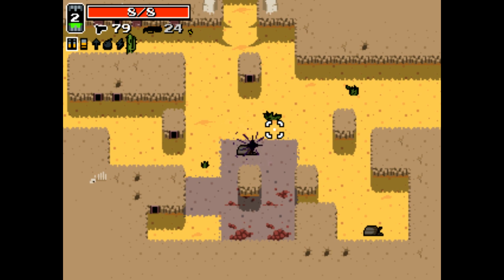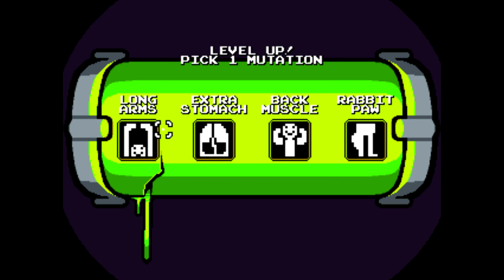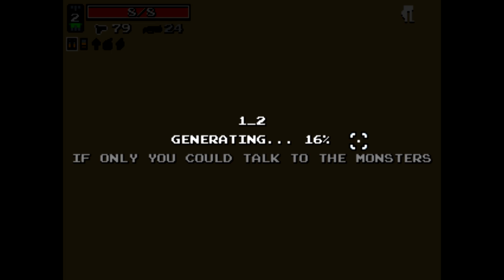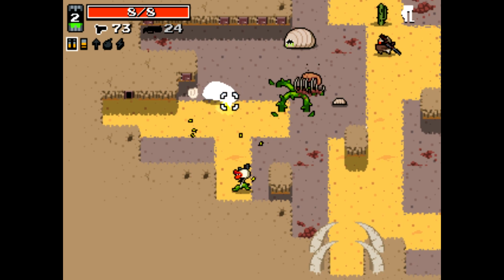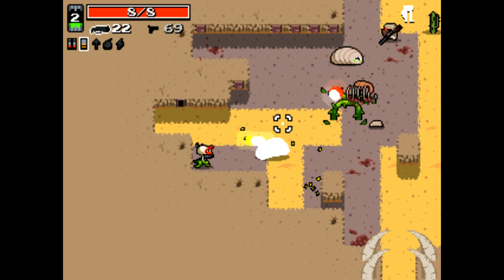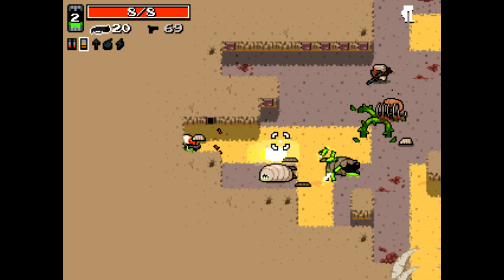Please give me Throne Butt. Allow me to actually use it once. We'll take Rabbit's Paw again. The other ones were extra melee range. Sure, I mean, it's fine if you're using melee weapons, which I would rather not do. I've lost a lot of respect for...